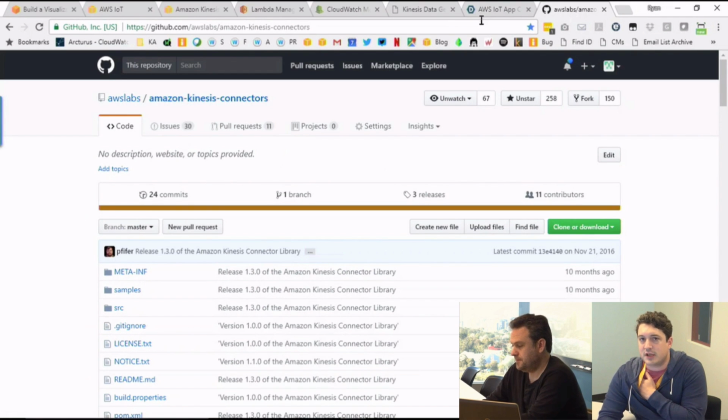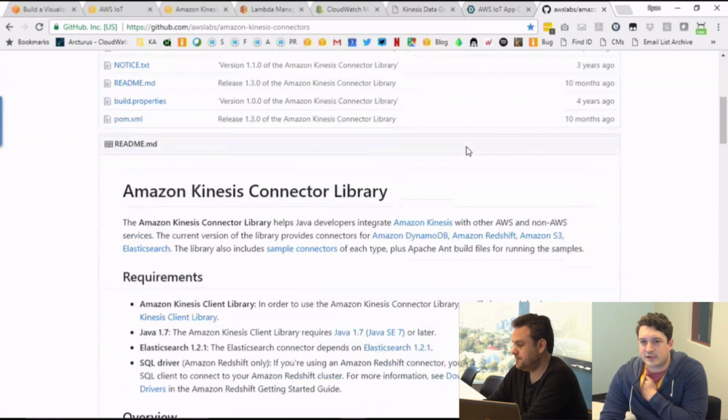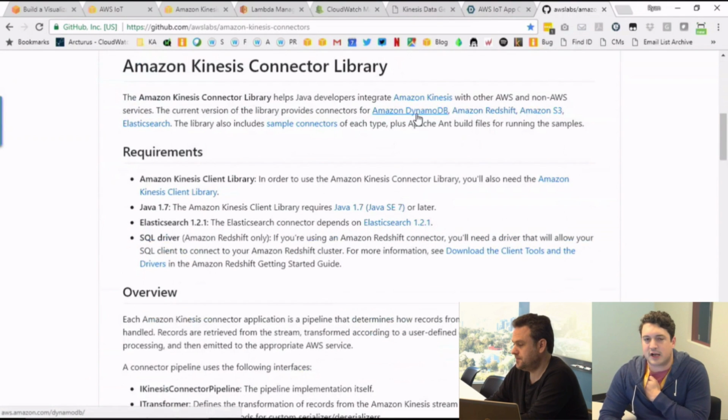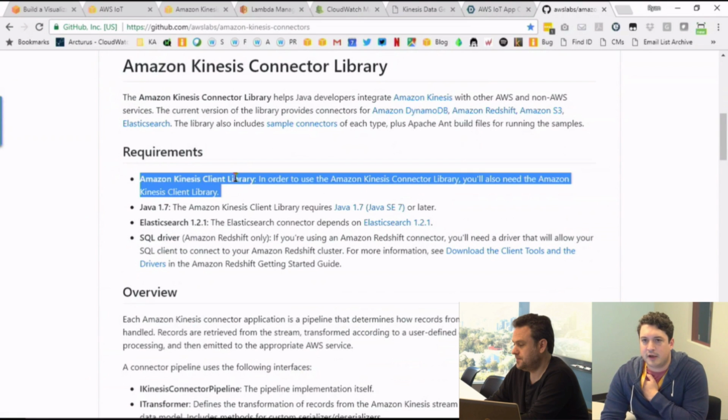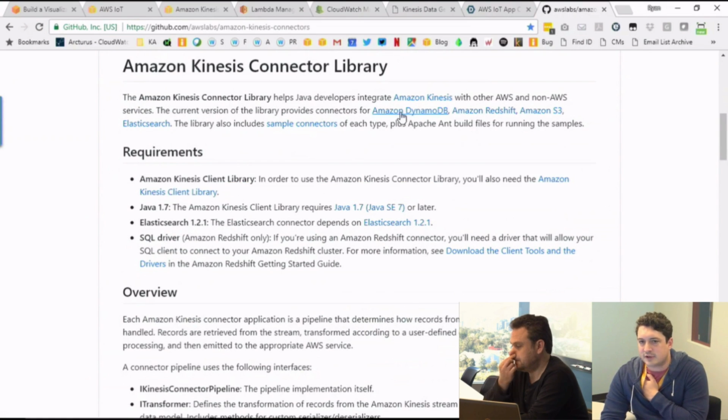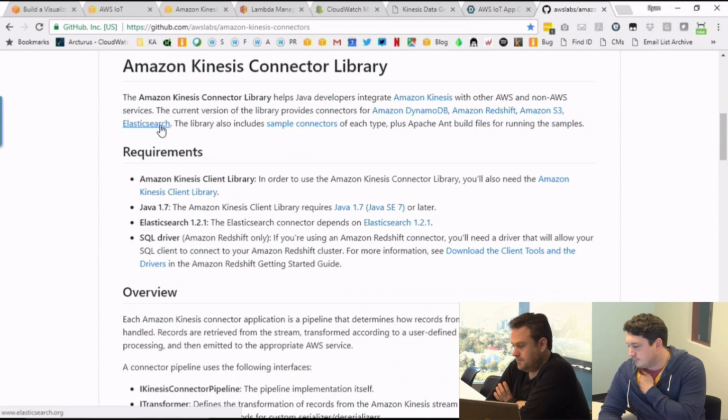The documentation that I pointed to here, where is it? I lost the link. The documentation I pointed to walks through an example of that. We have a connector that'll write to DynamoDB for you. So this will set up a consumer running on EC2 using the Amazon Kinesis Client Library and forward data to these services. So that's another option. I would steer you toward the Lambda option.